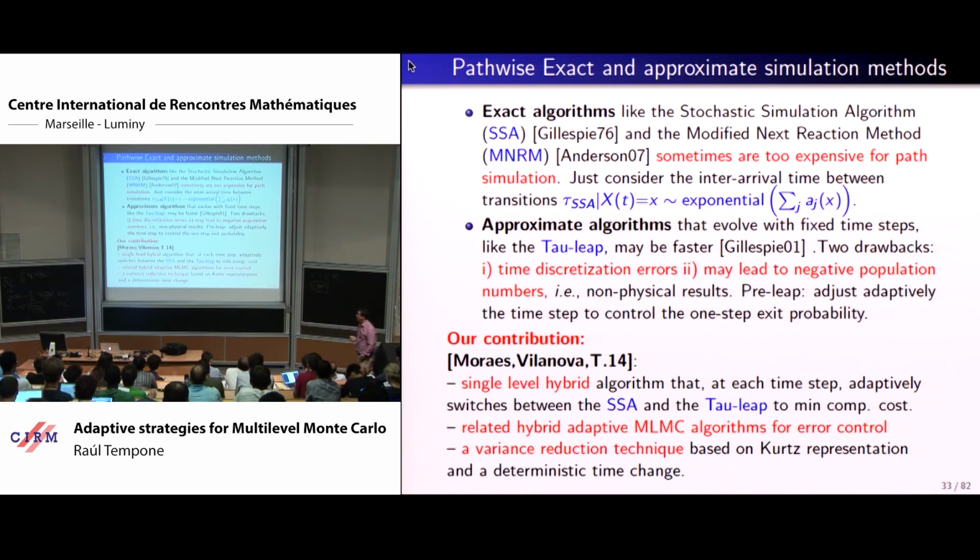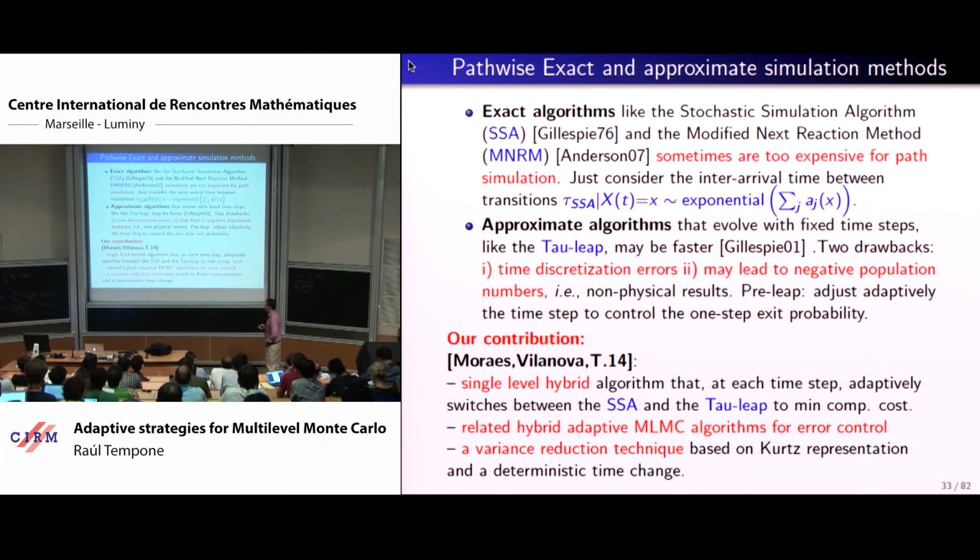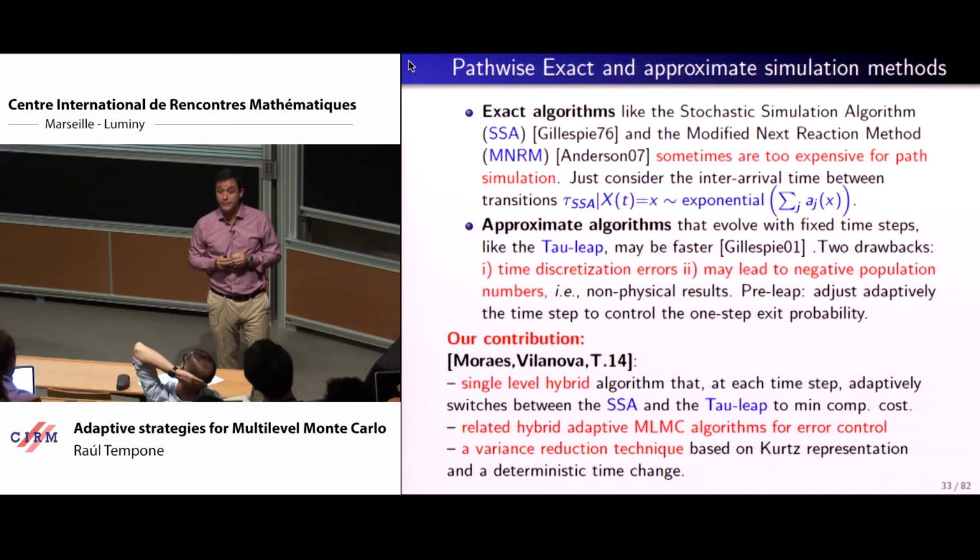Okay? So, as opposed to that, then one would like to do approximate time stepping that is cheaper but introduces a bias. This has been done pretty much from the tau leap, that is a forward Euler method, to more refined versions of it. And you have drawbacks, of course. First is you're going to introduce a time discretization error that you didn't have, right? And two, you may have non-intuitive, at least qualitatively wrong type of behavior.